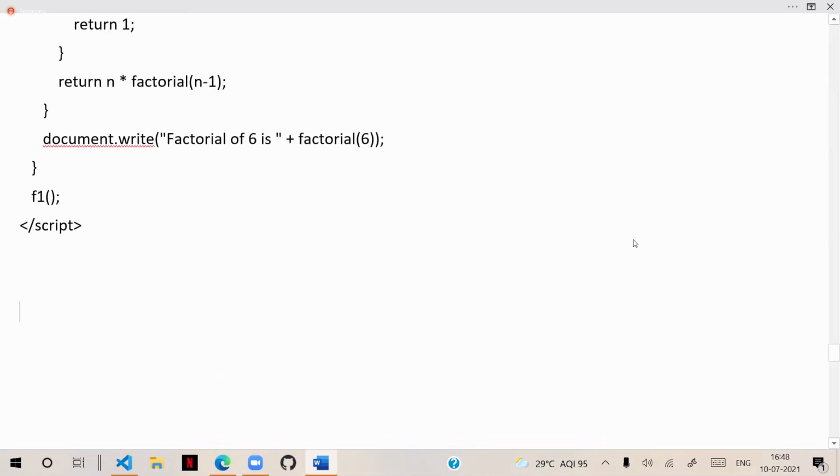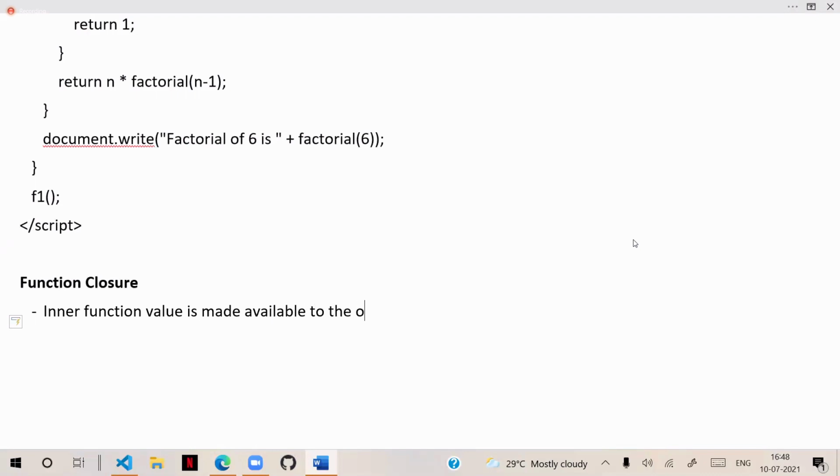Another important concept in functions is function closure. Closure is nothing but a technique where the inner function value is made available to the outer function.